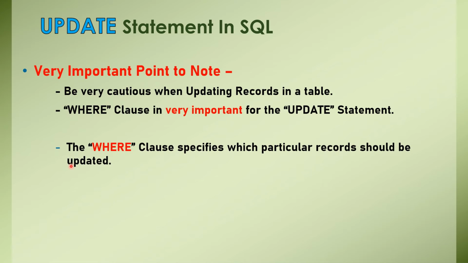Now the where clause specifies which particular record should be updated. Whenever the condition is true in the where clause, it proves that this record is accepted by the condition part, so you need to update the values in this particular record. Okay, so I hope you got this thing. But what happens if you omit this where clause?